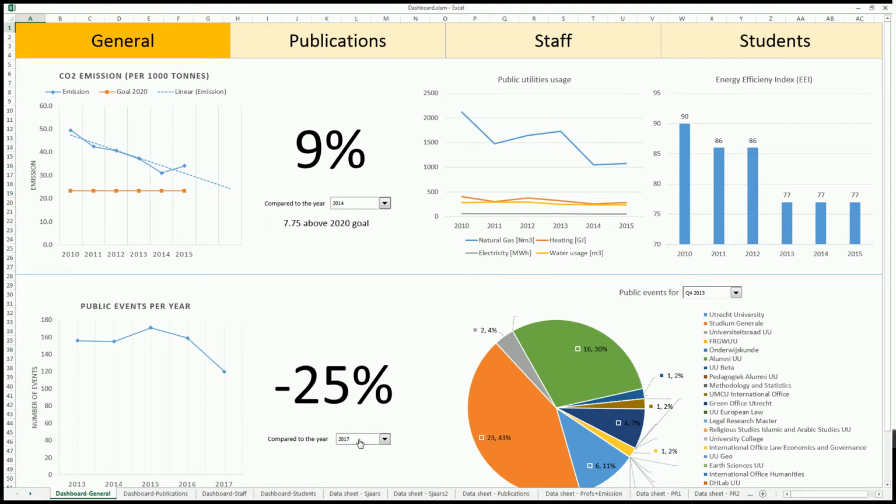We compare this to 2016 because 2017 has not yet completed, so it only has roughly half of the events that are planned. As we can see, we had 8% less events in 2015 compared to 2016. 8% more events, excuse me. On the right we can see an overview of which faculty roughly